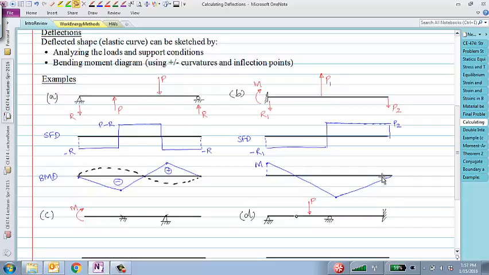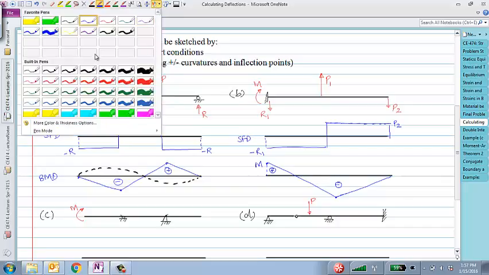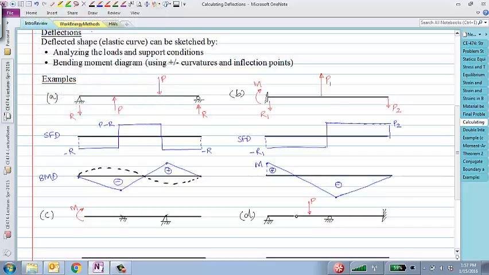So that's how we quickly draw the bending moment diagram. And how about the deflected shape? What would the deflected shape be like? Right, so just follow the curvature. If we see that this is positive curvature, this is negative curvature all the way throughout, then the deflected shape would be something like